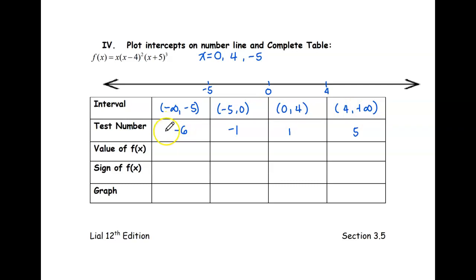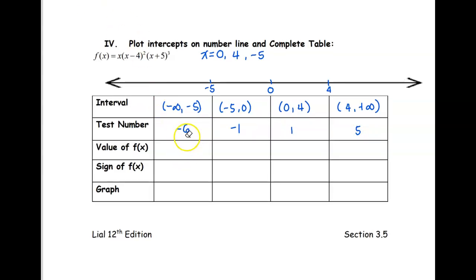Then, what I do next is to plug in each of these test numbers into the given function to get the value of f of x. I'm just interested in finding the value of f of x, so you can use your calculator to do so. Now plugging in each of the test numbers into this function using your calculator, you will get